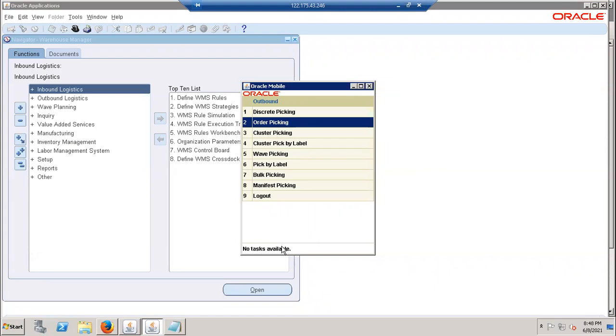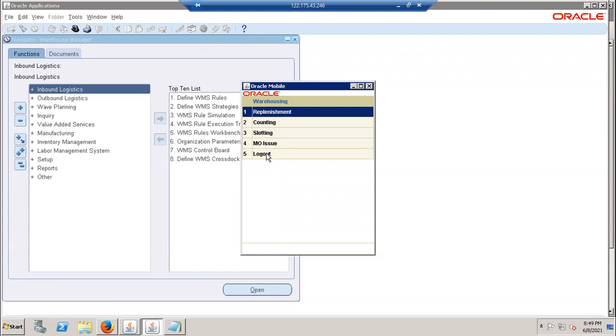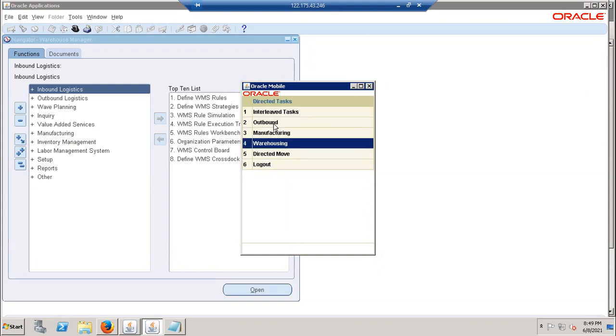Click F2. Not warehousing. Picking, right? We are picking. Click on the interleave task. Accept any task.